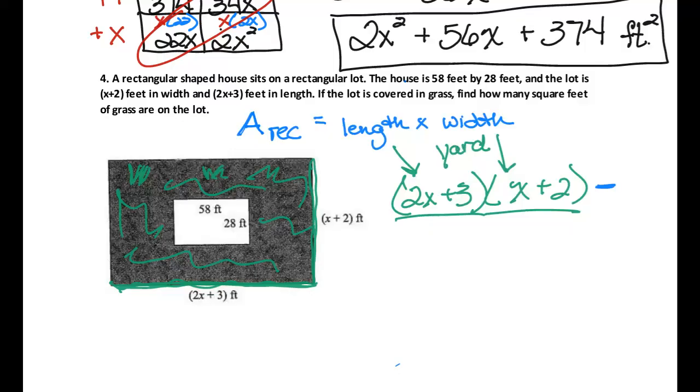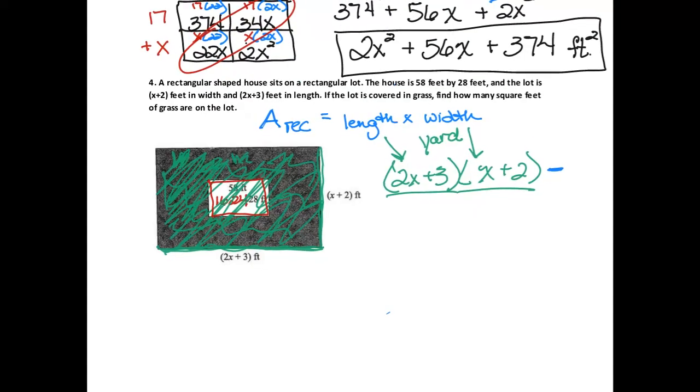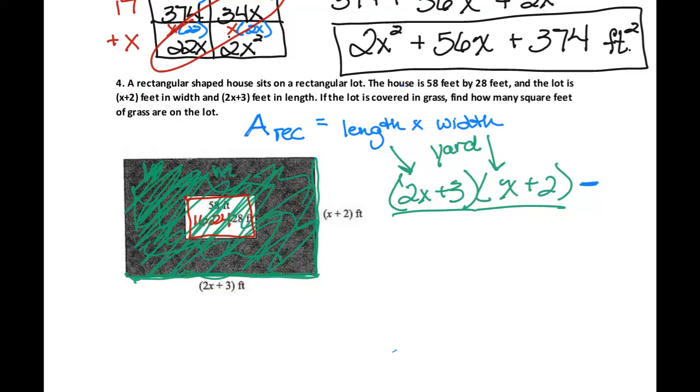Zantavia or Ashley, you're the lucky ones. 58 times 28. 1,624. So if I use all of this, okay, that's the whole yard, and I subtract this amount,